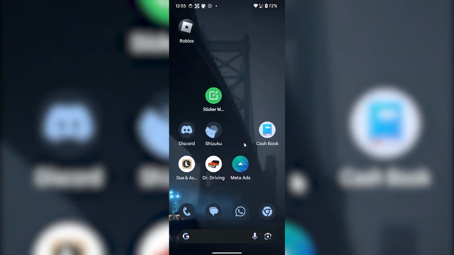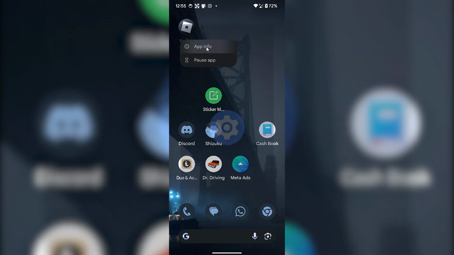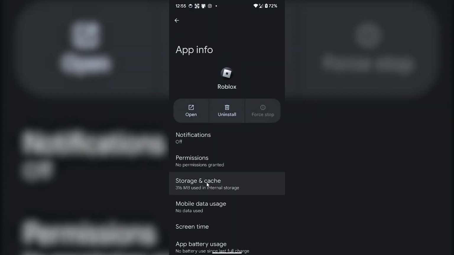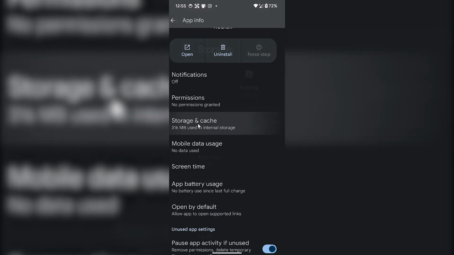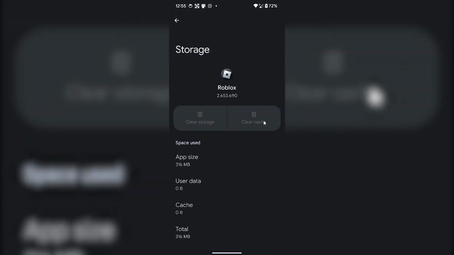But if your problem is still not fixed, all you have to do is long press your Roblox game icon and click on App info. Swipe down just a bit, click on storage and cache, and you have to clear both, clear cache and clear the storage as well. Now open the Roblox game once again, and if your problem is still not fixed, then